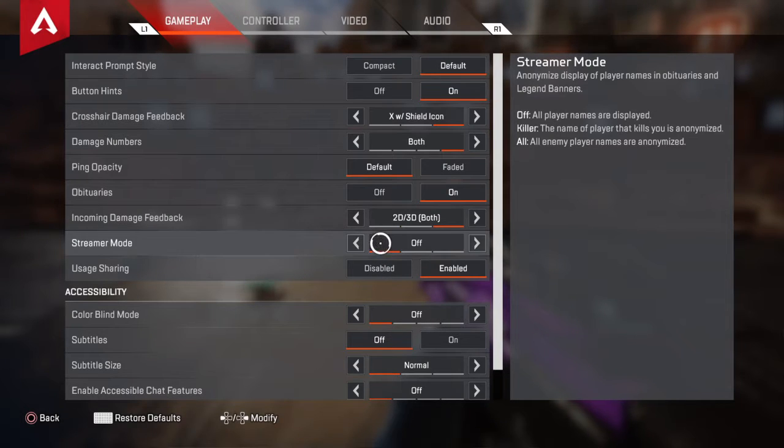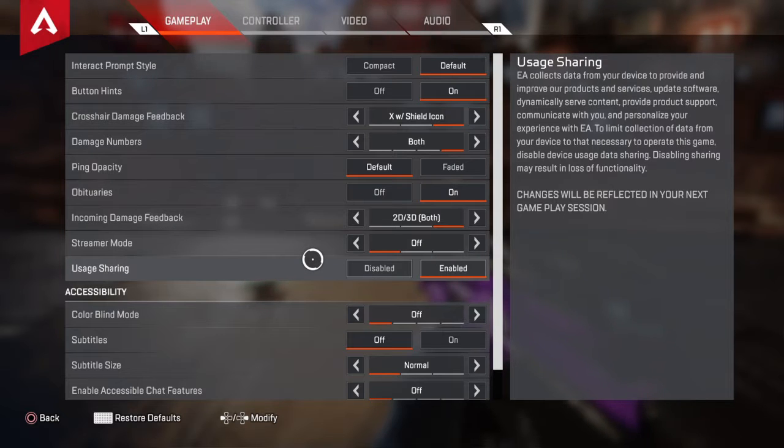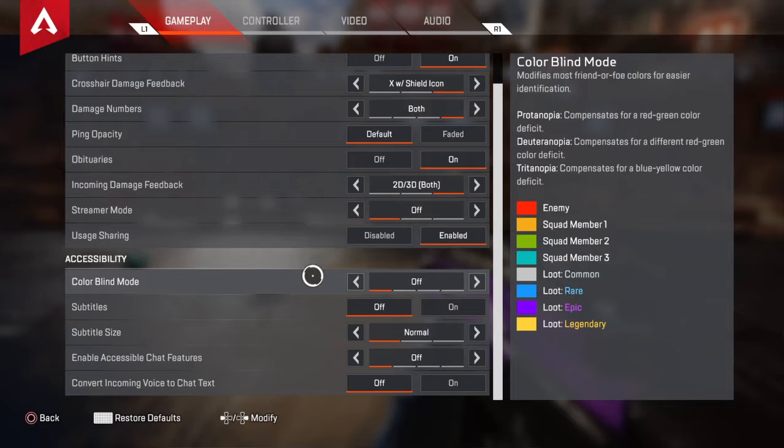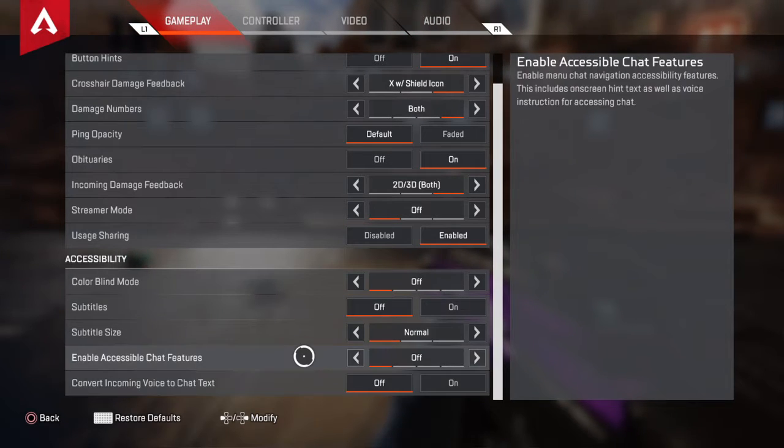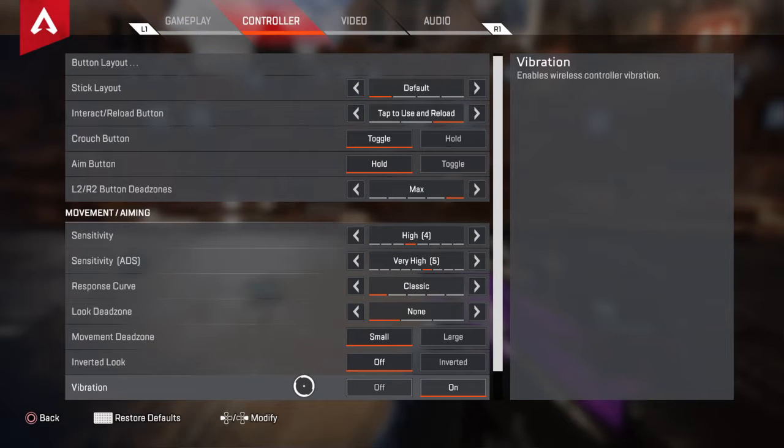Streamer mode just lets you not see anybody's name on there. Usage sharing, what is this about? It collects your data, so that's more for EA. This is for colorblind, subtitles, chat features, convert text. Let's move on to